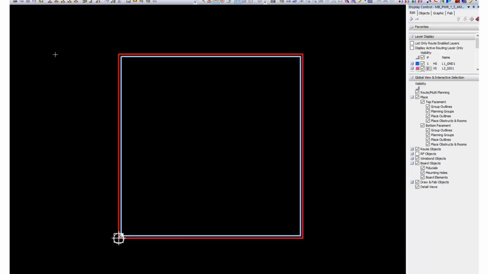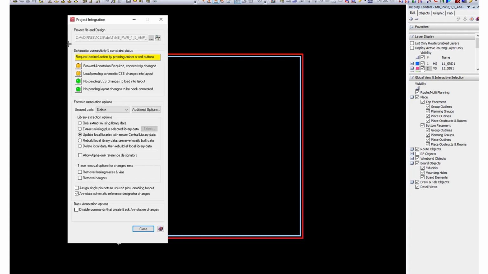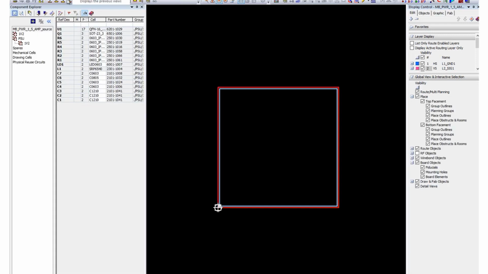For the layout, I open the new project and forward annotate the logical update to the PCB. Power components are now available in the layout placement holder.